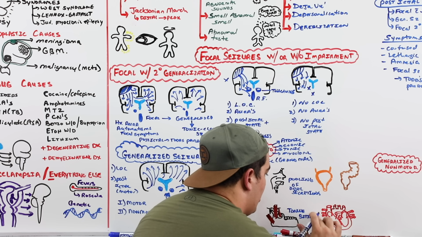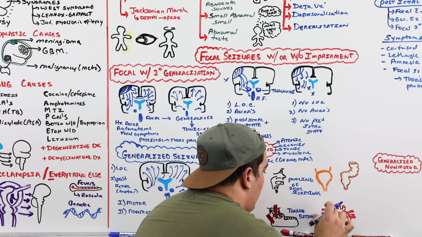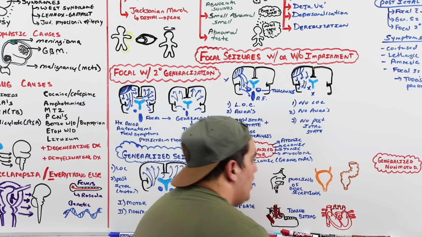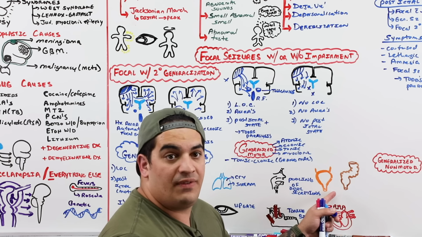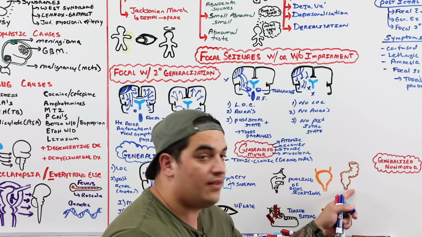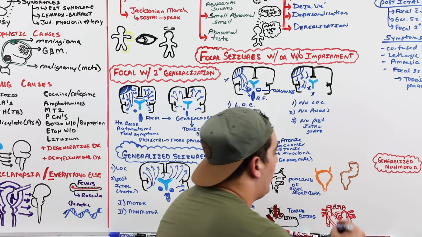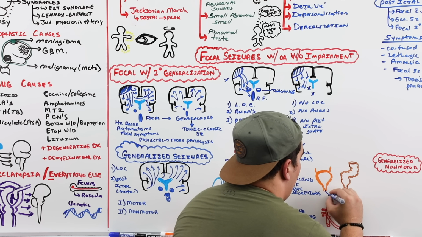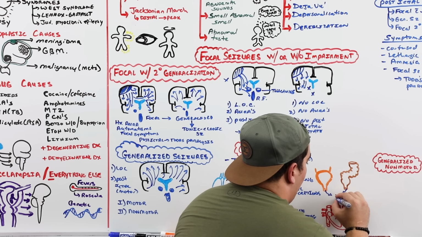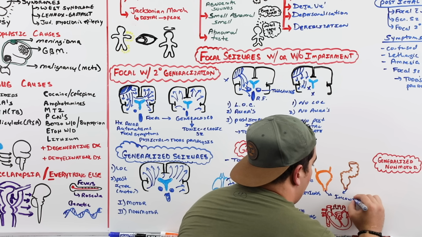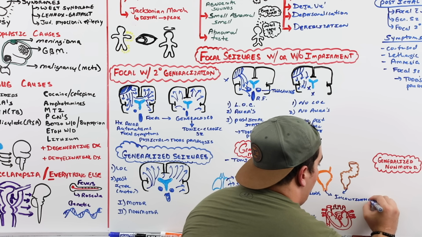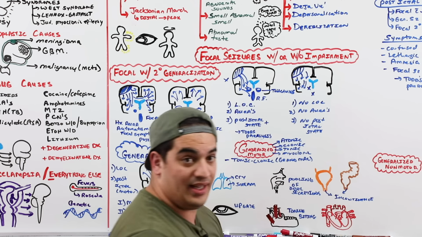All right, what else do we have? It also can involve those good old sphincter muscles. So if it causes the release of the sphincter muscle around the urethra, and the release of the sphincter muscle around the anal area, what can this lead to? It can lead to incontinence. So they can have urinary incontinence or fecal incontinence.